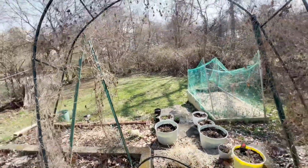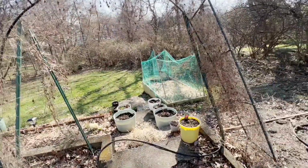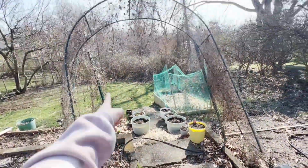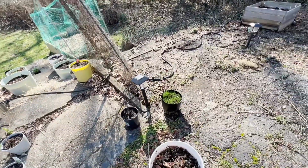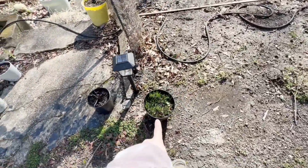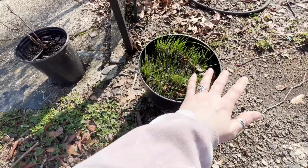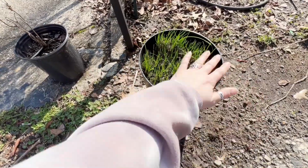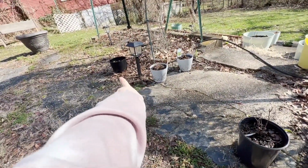So that's gonna need to either be shortened and moved somewhere else, and then I'm pretty sure I'm gonna get a cattle panel to put here. Have a really nice glorious arch right there. I believe they're either onion chives or garlic chives. I'm not really sure which, but they're coming back really happy. Just awesome. I did have another pot over there, but that one got overturned by my dog,